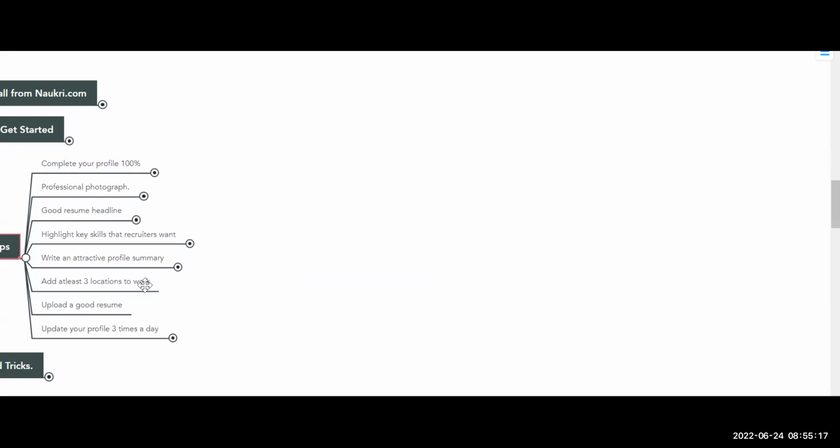Add at least 3 locations to work. This enhances your chances of getting calls from across the region. Maybe the places are, for example, I'm based in Chandigarh. So instead of writing only Chandigarh, I write Chandigarh, I write Mohali, I write Panchkula, because these 3 cities are called Tri-City and they are very close to each other. So my opportunities double, triple. So same way, add 3 to 4 locations, upload a good resume, and now the most important thing,